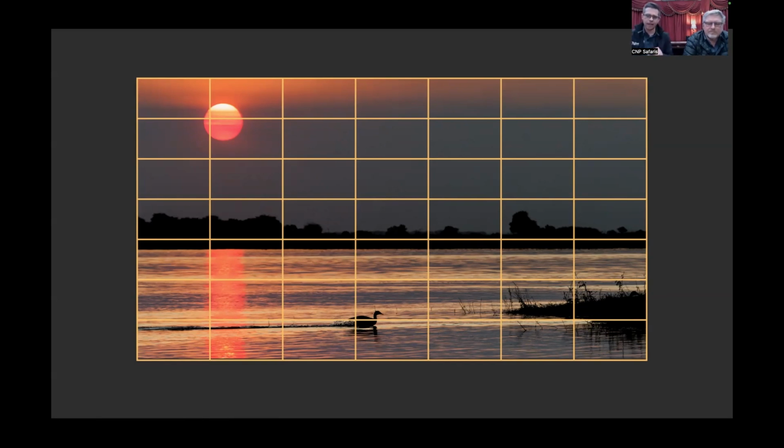And then editing in areas has been done to put emphasis on specific areas. In the sun, we enhanced the colors, but I also brought down the highlights to not overpower it. The same with the reflection in the water: I brought down the highlights and put more emphasis on that golden red glow. And then I did a little selective editing on the duck, sharpening it a bit more, and then the